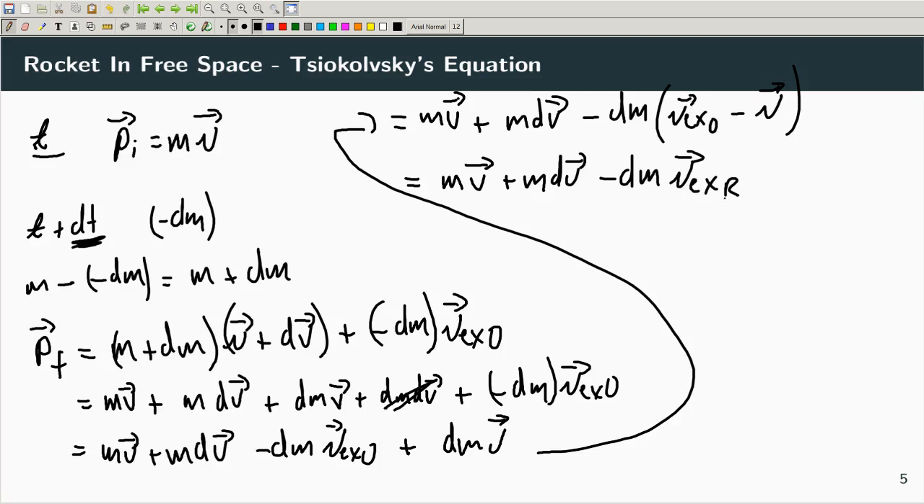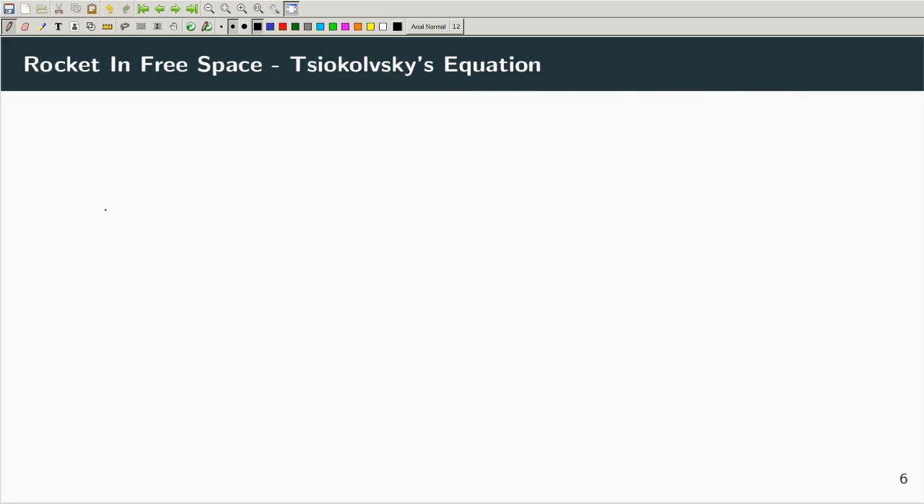Now, from the conservation of momentum principle, we have dp, that's the change in the momentum, is equal to the momentum final take away the momentum initial, which will equal some constant. So we'll have to equate that to the initial and the final momentum. I'll go to a new slide for that. So I'll just rewrite it. The change in momentum is equal to the final momentum take away the initial momentum,